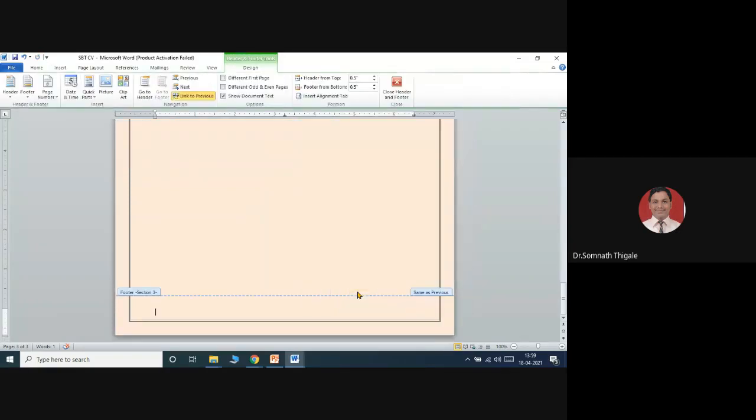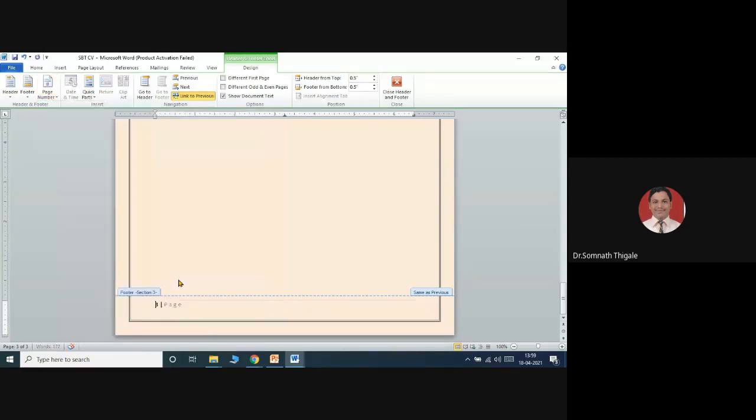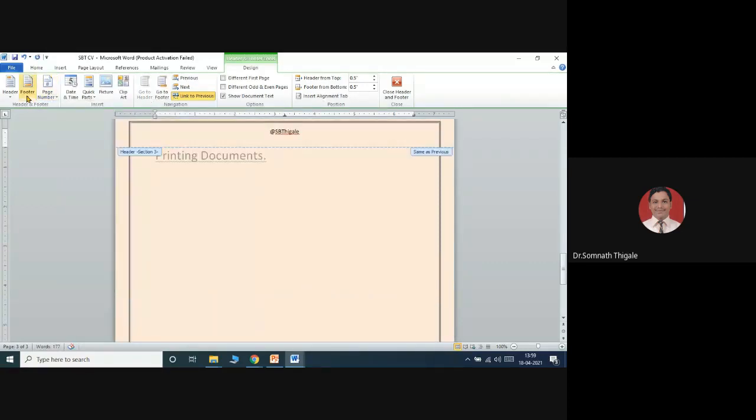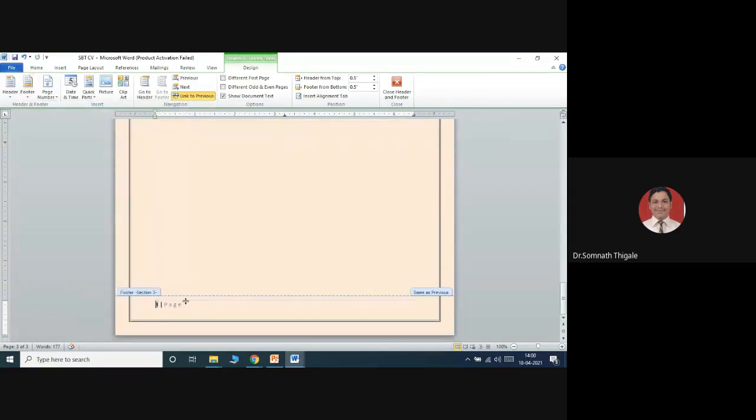Inside the footer I want to add the page number, so you can select the page number. At the bottom of the page, see the page number you have added as a part of the footer, or any specific information you want to add in the footer. This is my MBA class, so I have added the subject name, COM, that is computer operation and management, and unit 3. I'll save this,